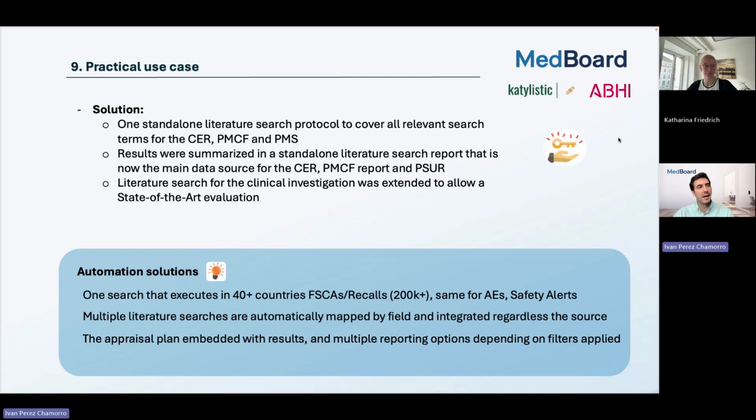And then obviously for the automations that Katharina mentioned, like PMS, if you have created a plan, then for one search you can execute across 40 countries with more than 200,000 field safety corrective actions and adverse events. That obviously accelerates massively the execution of the plan. One of the things in terms of automation related to examples like this is that multiple literature searches are automatically filled and integrated regardless of the source. And that's always a pain, especially if you look into different sources, and as well that the appraisal plan is